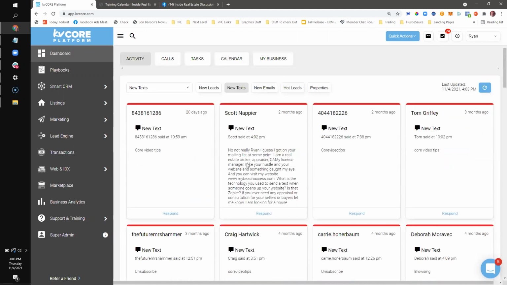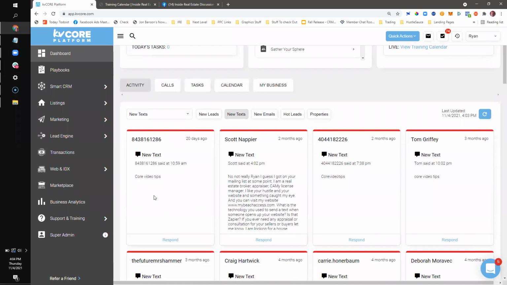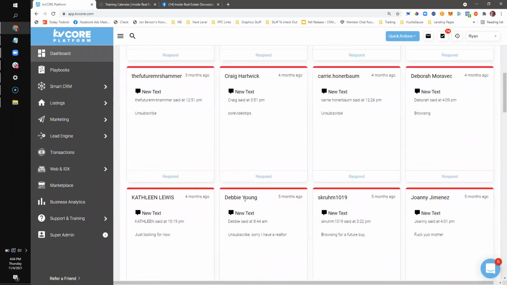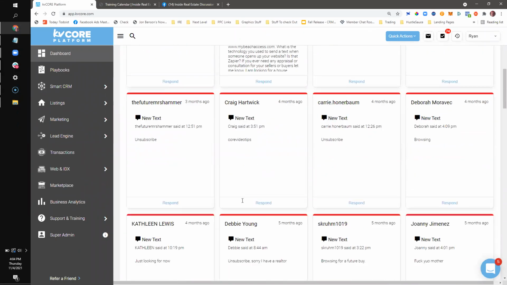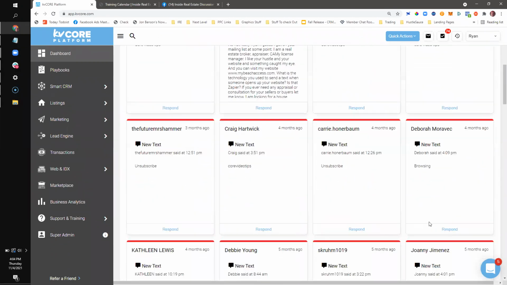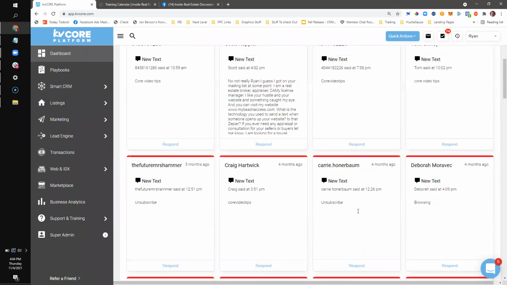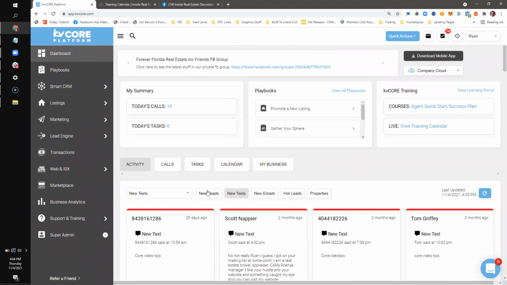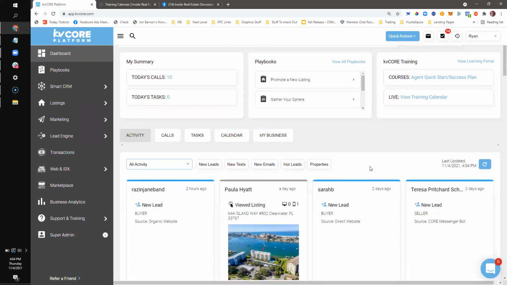But if your business is humming along and you're doing all the things you should be doing in order to leverage kvCORE in your business, such as constantly fueling it with new leads, using the automation features to automatically text, to send property alerts, you should see a few texts or a few interactions coming in here every day. For better or worse, sometimes you get some hostile people, as you might have seen as I scrolled in there. And that's just a gauge. When you come in here, if there's a lot of action, you're doing the right stuff. If not, or if you're just getting started, then you want to gradually build up and make sure that your activity stream here is a buzzing place.